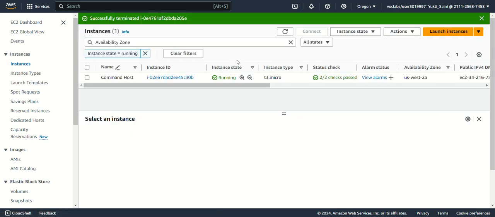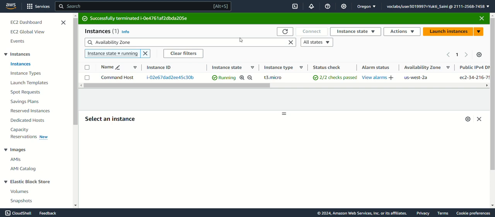I'm on another lab. So the purpose of this lab is that we have a scenario where a user, every time he starts and stops his instance, gets the public IP address reassigned. So he wants a way that whenever he starts and stops the instance, the public IP address remains the same.